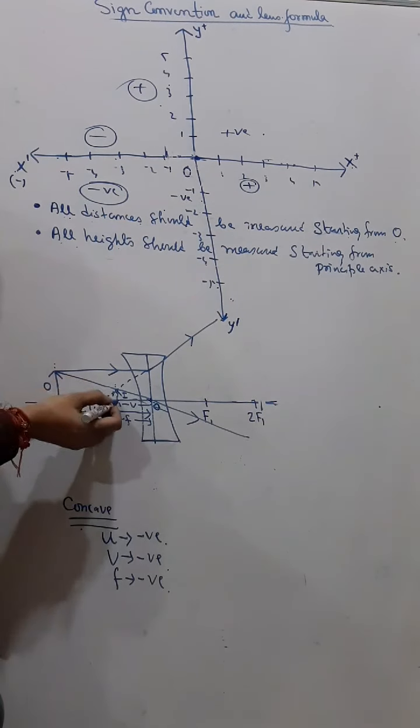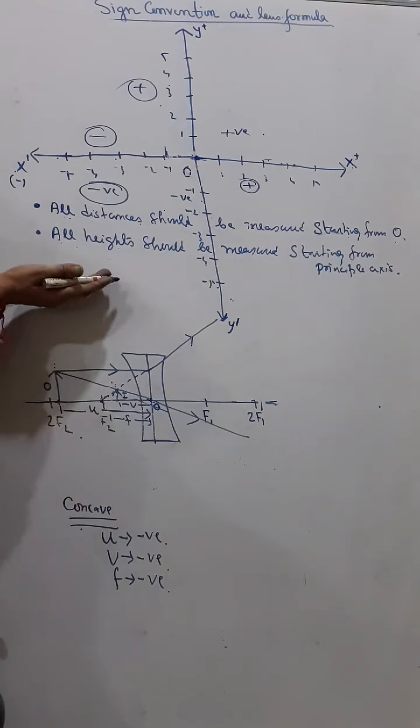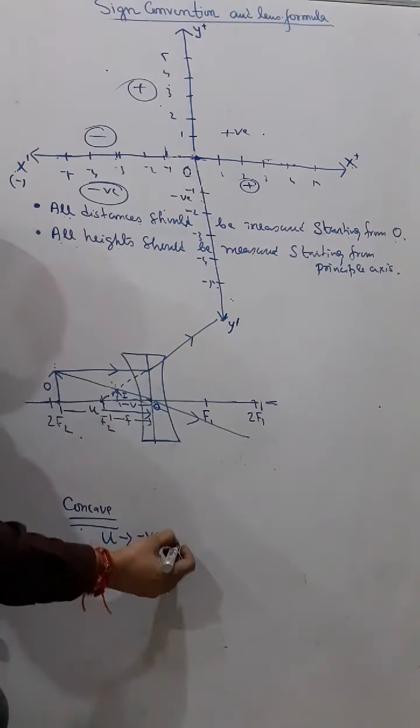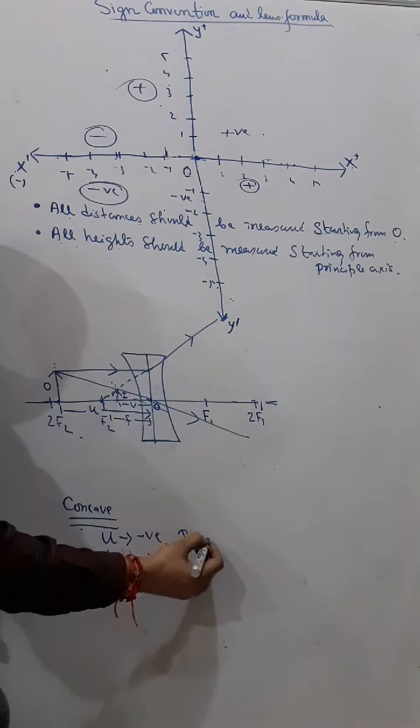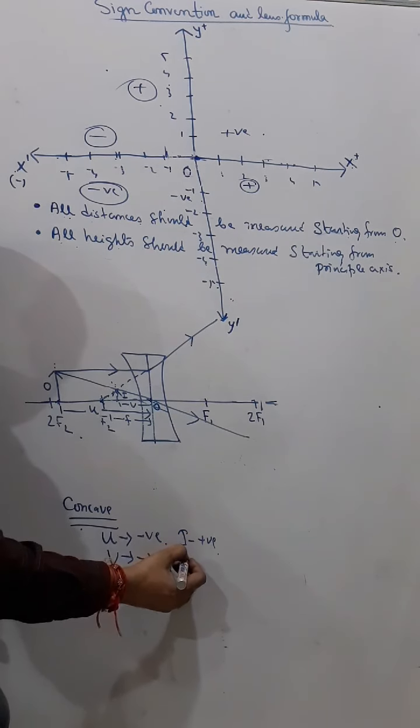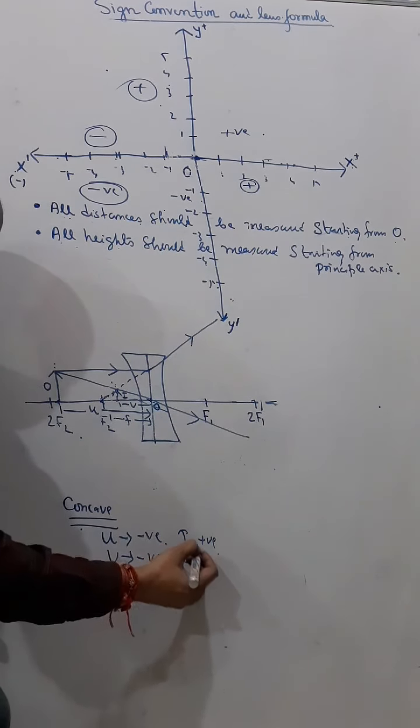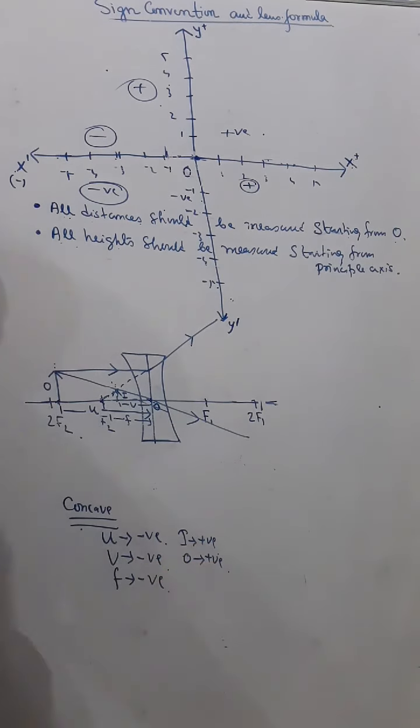Now the height of the object and the height of the image both are positive because we are going up. So we are going up, so that means here I will be positive and O will also be positive. Understand? Okay. So when you get a certain sum, you have to understand whether it's a concave lens or a convex lens, and then you can draw a rough diagram, so that you don't have any confusion. And then if you remember this logic, you can easily find out.